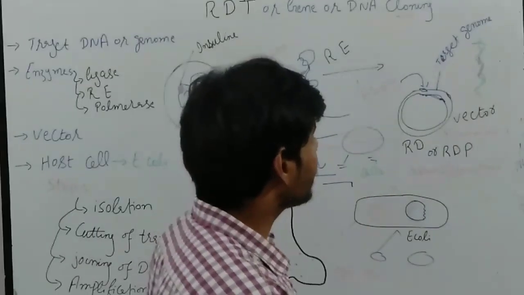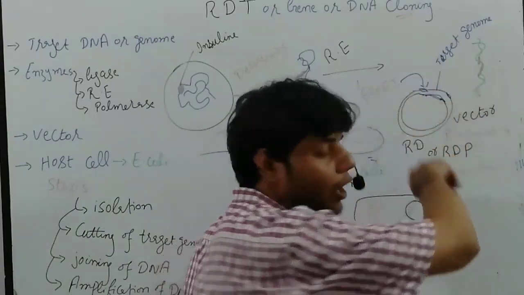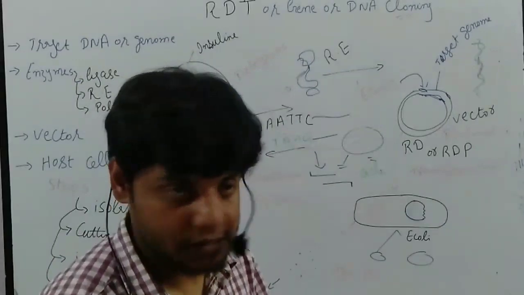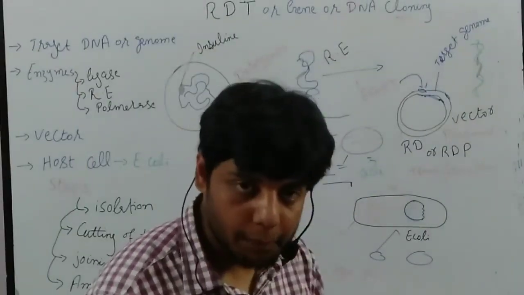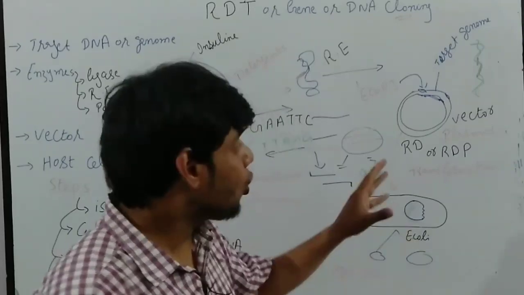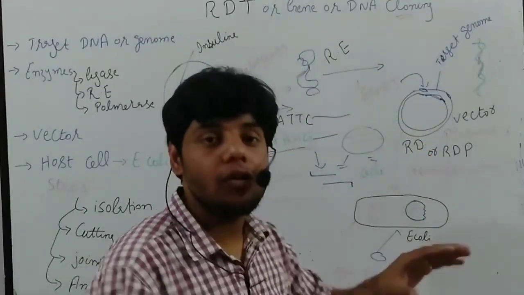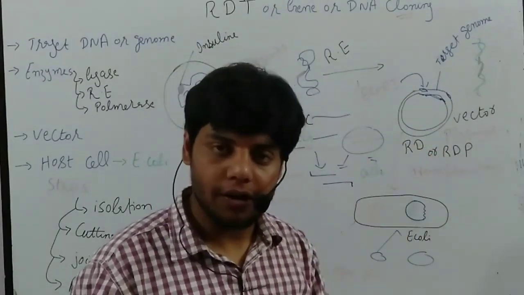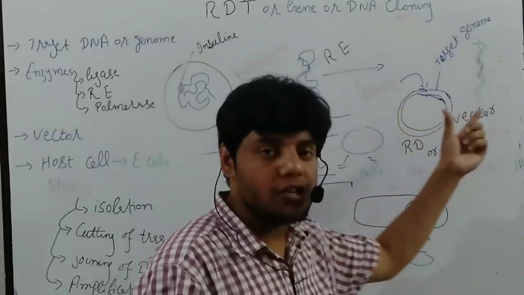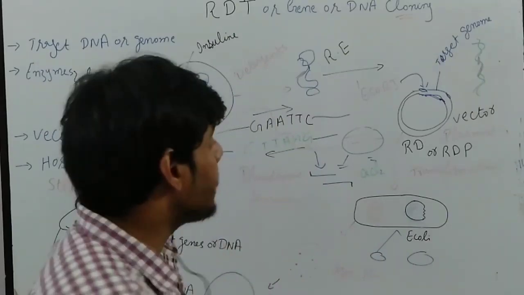Now after that we get a complete vector, or after that we get a recombinant DNA plasmid. Now why do we call that recombinant DNA plasmid? We call that recombinant DNA plasmid because they have the genes of our target. They have the target genes which we need. Okay, and we recombine that target gene with the ligase enzyme. Now after that